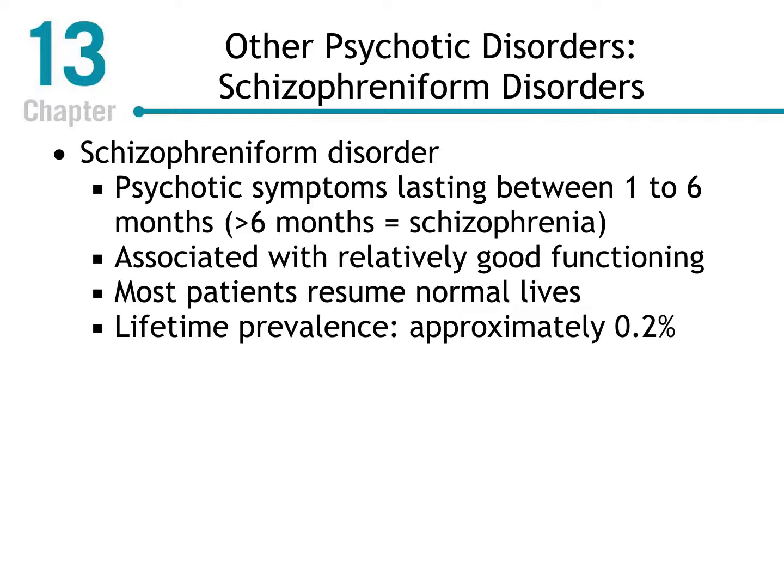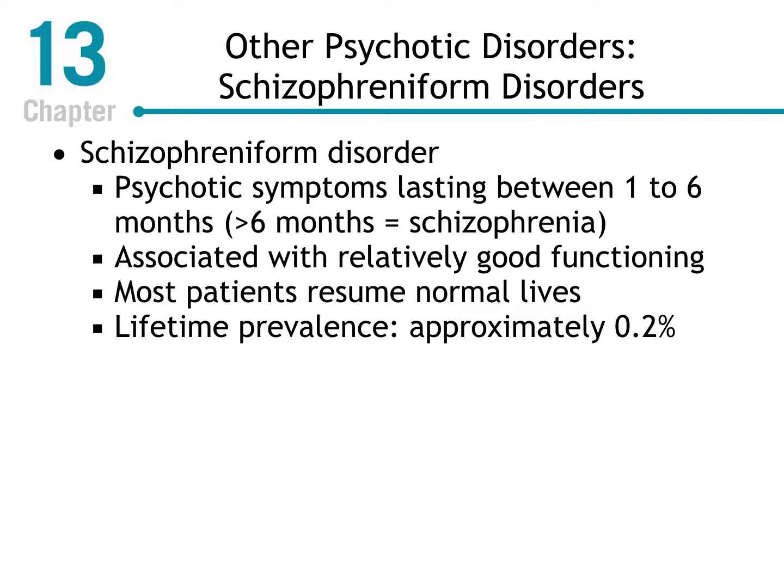Schizophrenia requires two or more of the following symptoms present for a significant portion of time during a 1 month period, and those categories are delusions, hallucinations, disorganized speech, grossly disorganized or catatonic behavior, and negative symptoms. The other key thing about schizophrenia is that the symptoms and disturbance need to have persisted for at least 6 months.